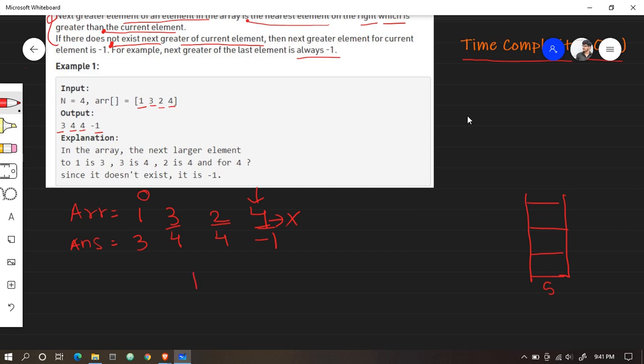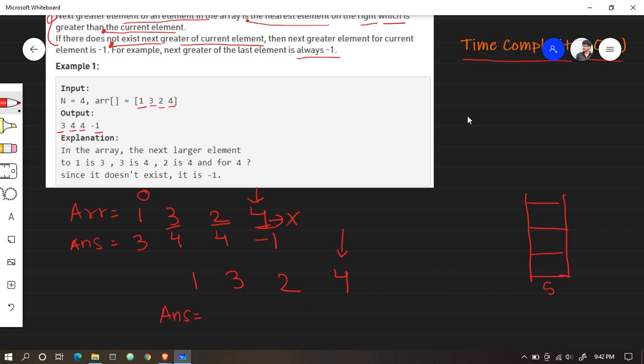Again, the array is given to us: 1, 3, 2, 4 and my answer vector is empty and we are starting from the last index. Now, whenever we iterate through our array, we will check the stack: if the stack is empty, and if it is not empty, we will look in the stack for the greater element.